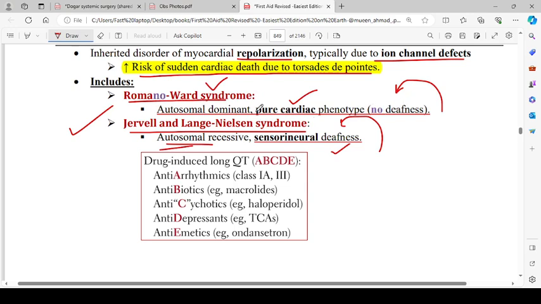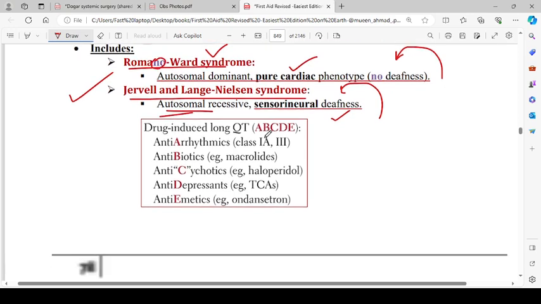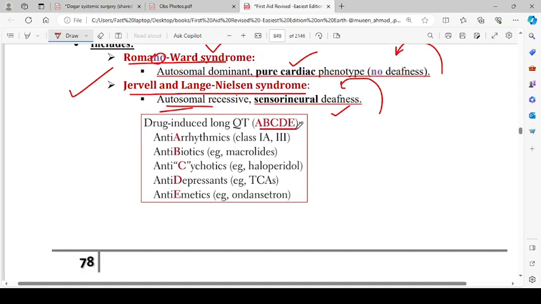Along with that, it is dominant. So Romano-Ward, like there is Romano, so there is no deafness. No is for no deafness. Drug-induced long QT: ABCDE, antiarrhythmics class 1A and 3, antibiotics like macrolides, antipsychotics like haloperidol, antidepressants, for example, tricyclic antidepressants,